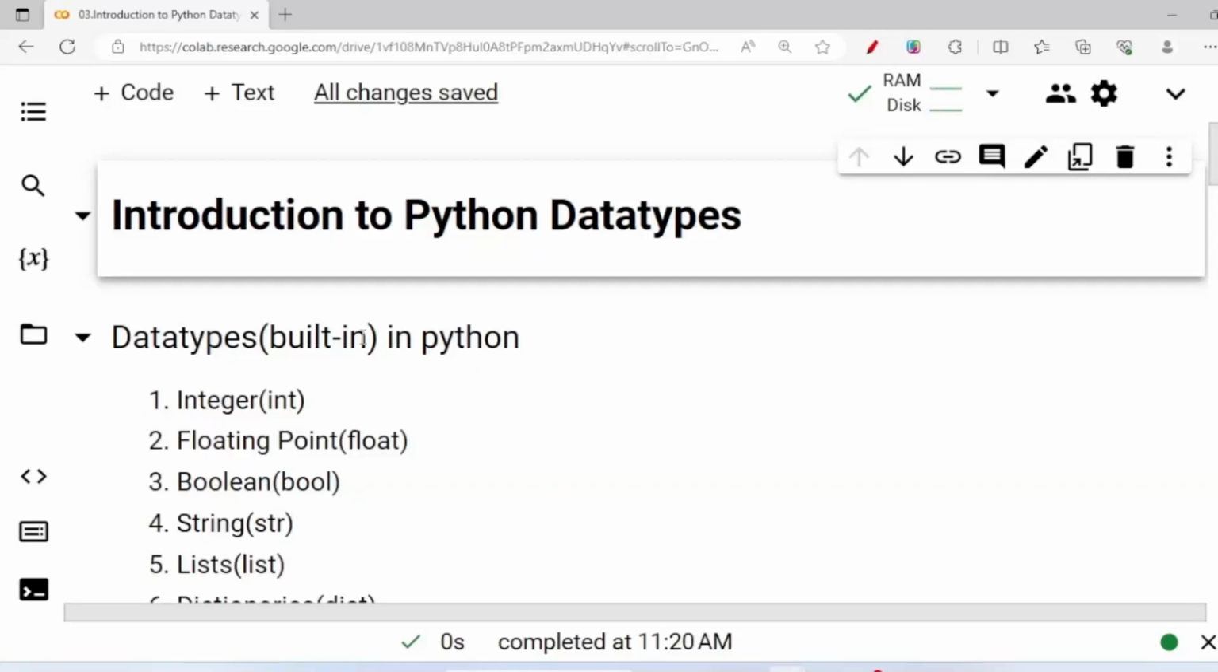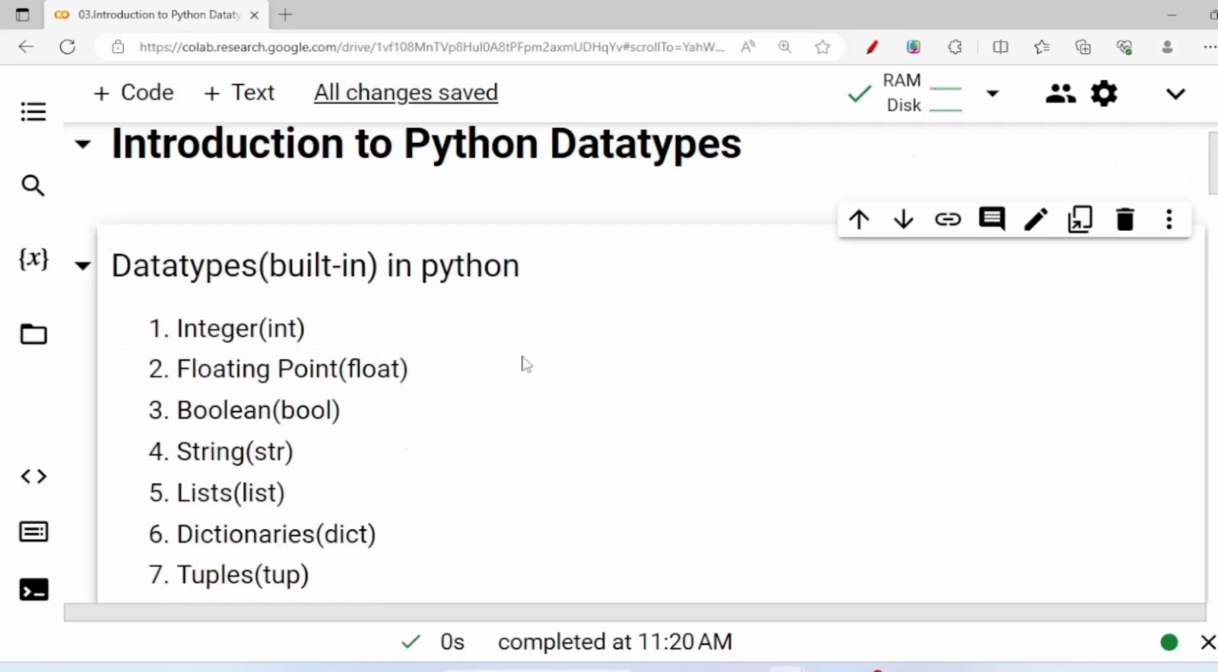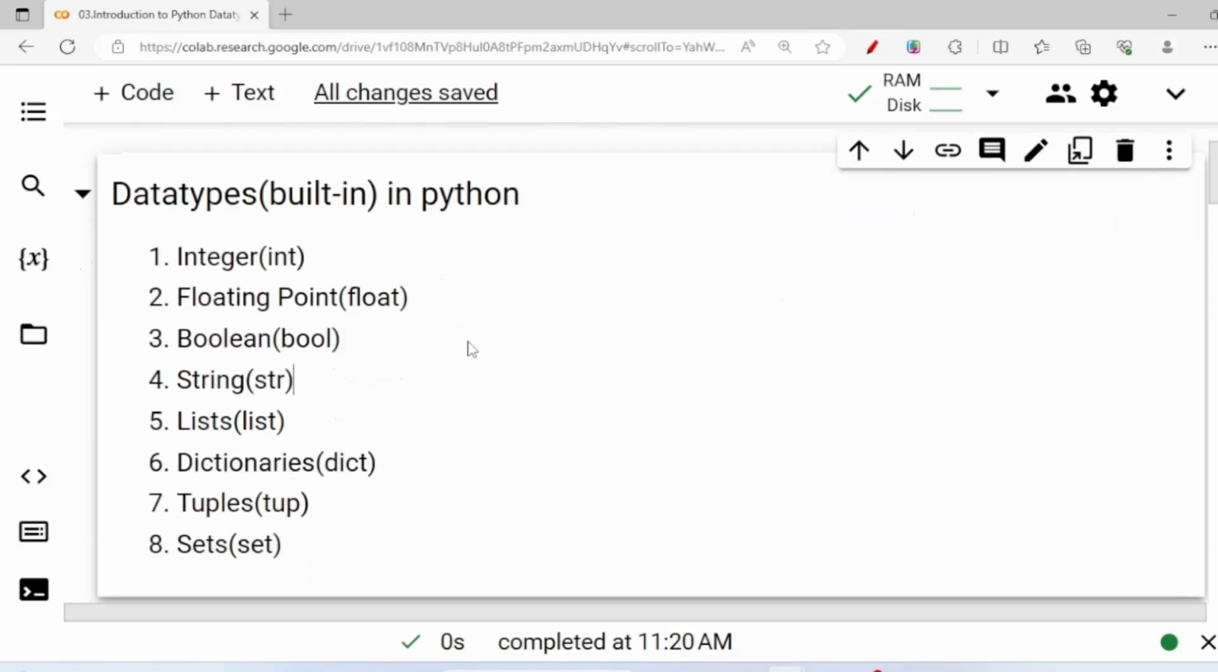Welcome everyone. Today's topic is Introduction to Python Data Types. In every programming language, data type plays a major role. In this video, we will go through the built-in data types in Python. We have eight built-in data types: integer, floating point numbers, boolean, strings, list, dictionaries, tuples,